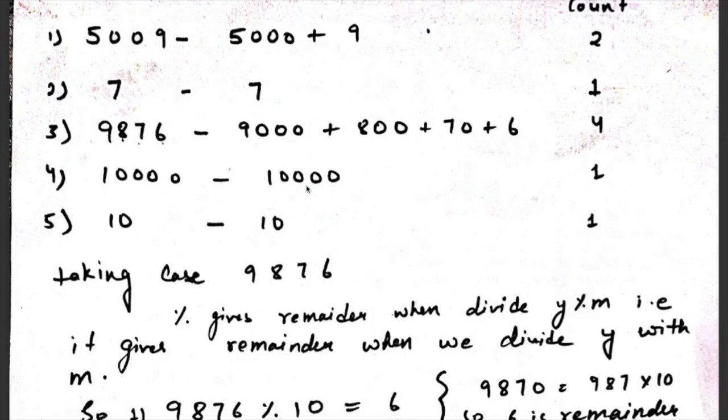10,000 can be represented as itself because it's already round. 10 is also represented as 10 because it's already round. So you verify that if a number is already a round number, then you do not need to do anything. You will print it as it is. But if the number is not a round number, then you need to do some little tricks. So let's check what that is.